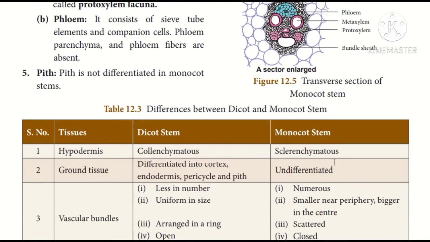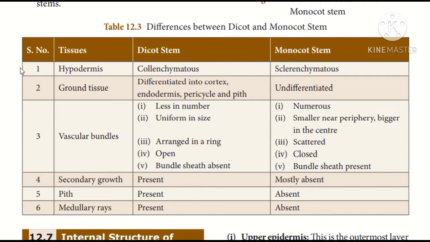And this comparison between the dicot stem and the monocot stem is very important. I am sure that if you keep this tabulation in your mind, very well you will be able to write about the different types of tissues present in the layers like hypodermis or in the ground tissue layer. Here it is collenchyma in dicot stem, here it is sclerenchyma in monocot stem, and the ground tissue is differentiated into cortex, pericycle, and the pith, whereas it is not differentiated here. And regarding the vascular bundle, what all you have learned in the dicot stem and the monocot stem is given in the tabulation form, and if you just learn this, it will be very easy for you to write the distinguish between question or the anatomical structure of monocot and the dicot stem very well.